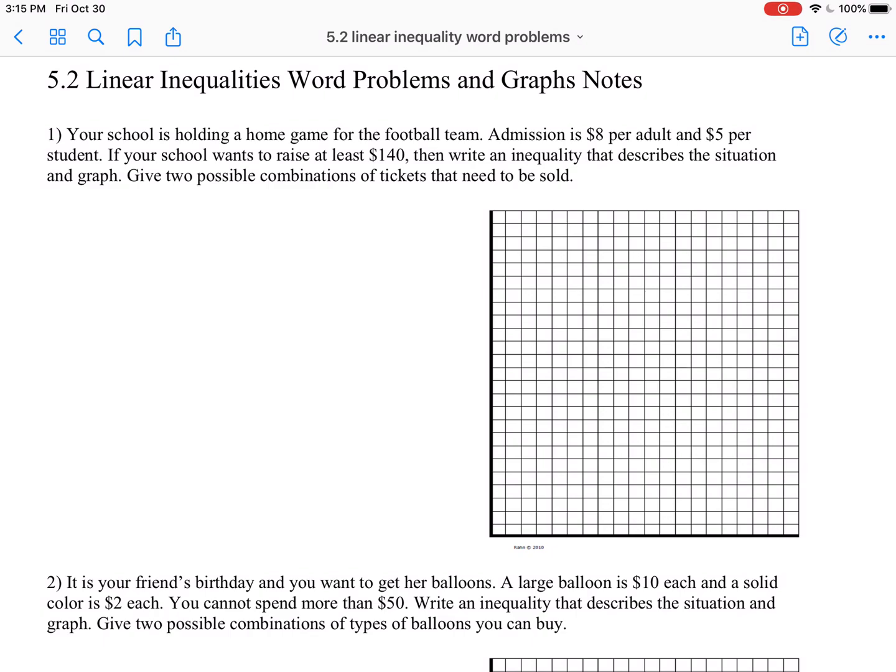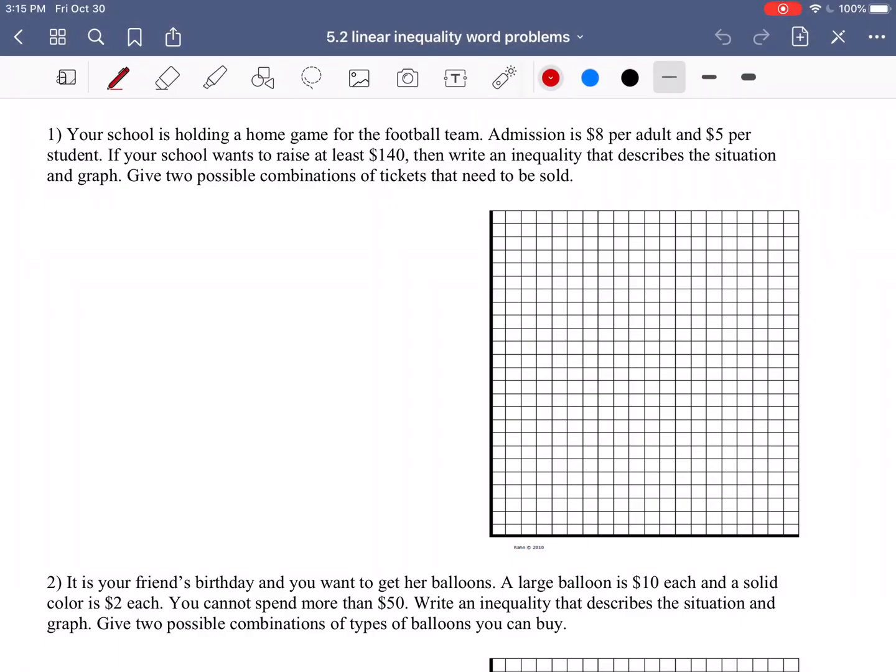We have $8 per adult ticket and $5 per student, and we want to raise at least $140. So then it says write an inequality that describes this, and then graph, and then we need to give 2 possible combinations of tickets that need to be sold in order to reach that $140. So here's the key points. It's $8 per adult, $5 per student, and we're looking for at least